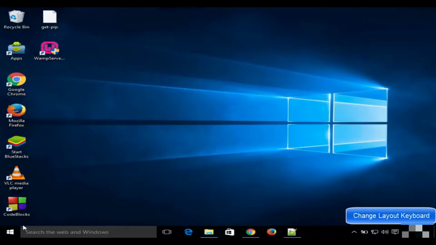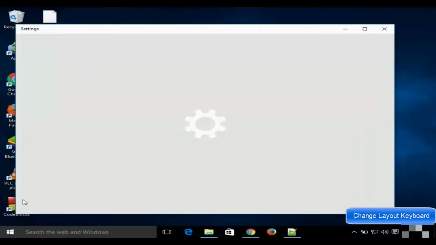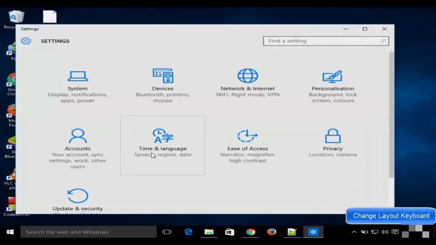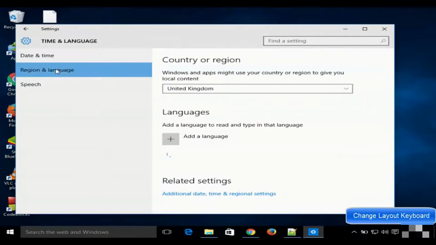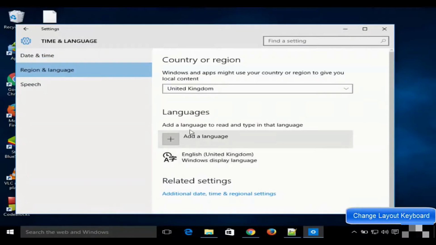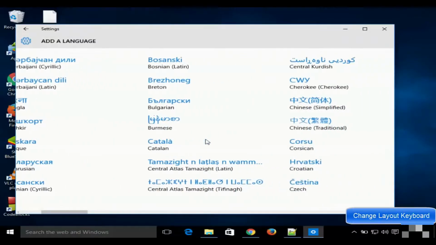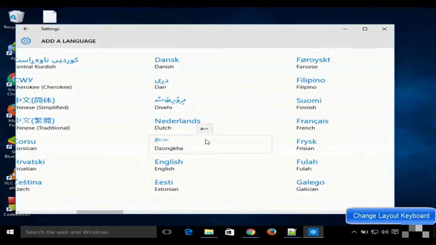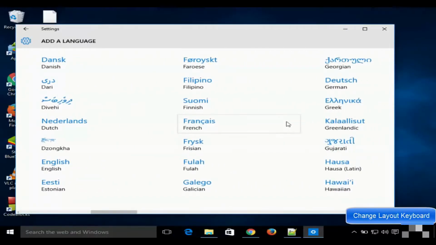So first of all, you need to go to the start button here and open settings, and in here go to time and language, and in here go to region and language, and under the language, you can add a new language here. So just click add new language and search for your language. Okay, so let's search here for the language I want, which is German. So I will just select it,